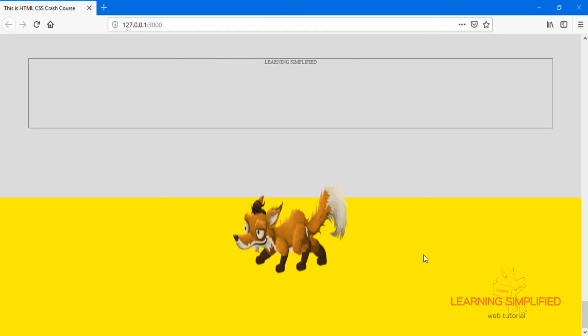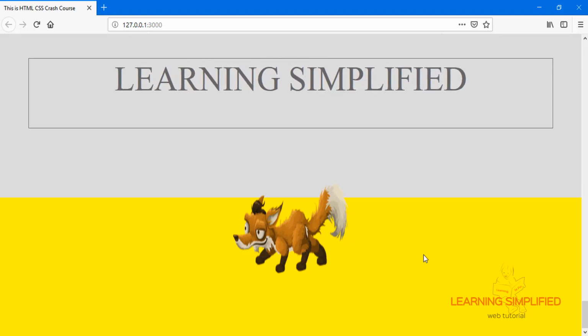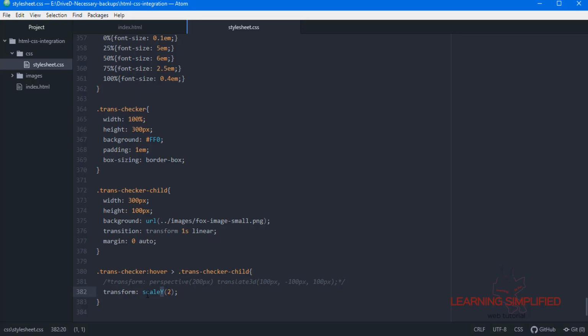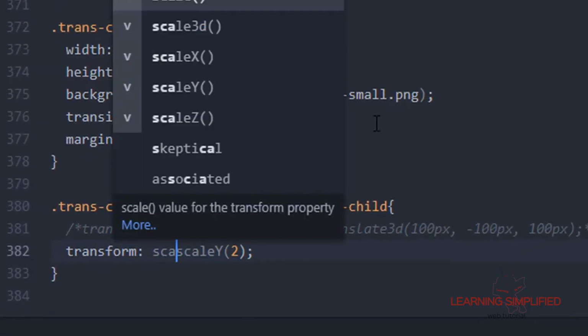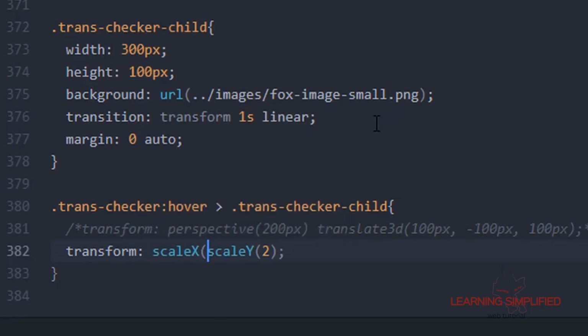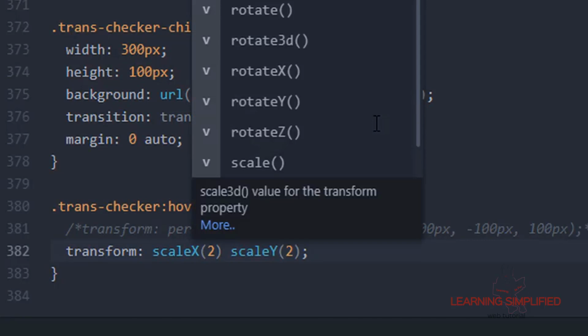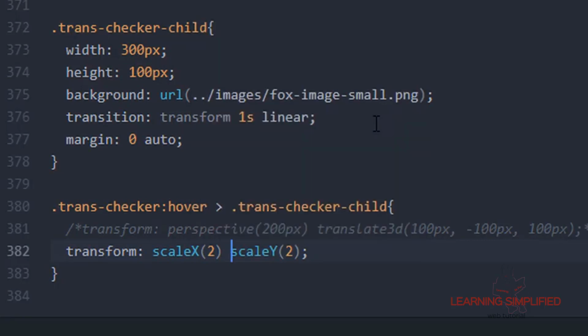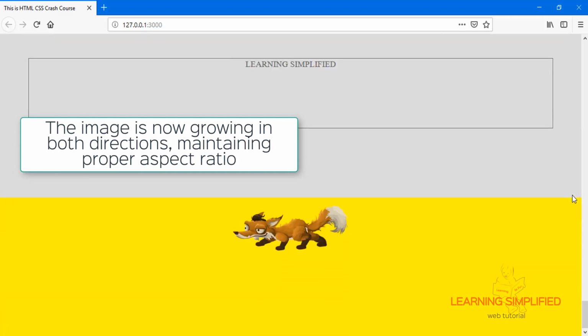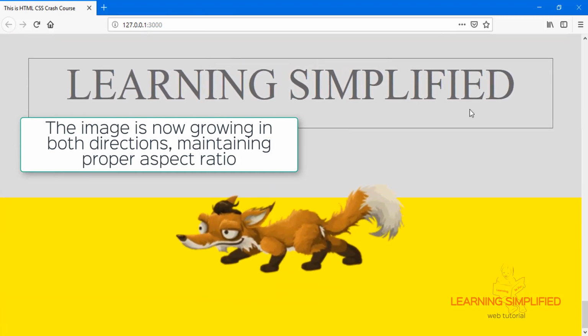But what if we wish to have a definitive growth maintaining a proper aspect ratio? Then all we need to do is put here scale X, which will be 2, and then scale Y, which is 2. If we get back to our project, we will see this result.